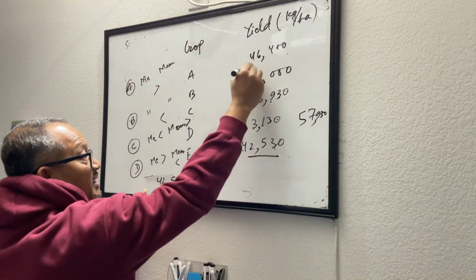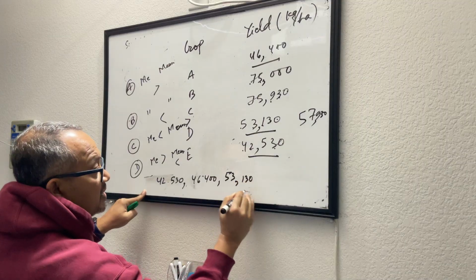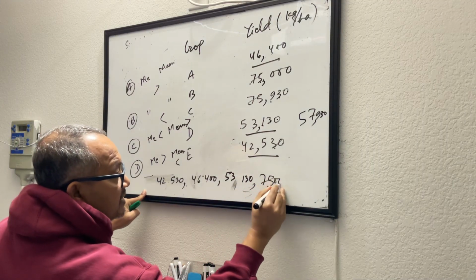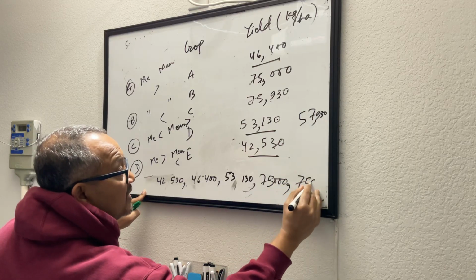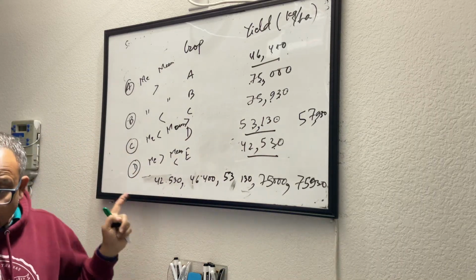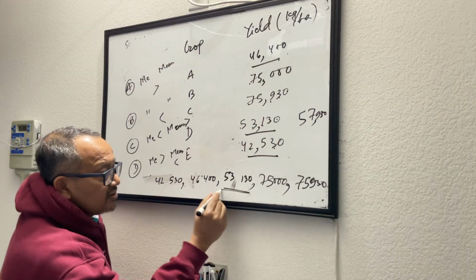Smallest is this one, then this one, then this one. 53,130. Next is 75,000. Next is 75,930. Now when I am trying to find out the median for this guy, that will be the middle number,